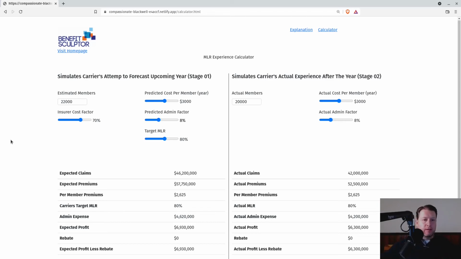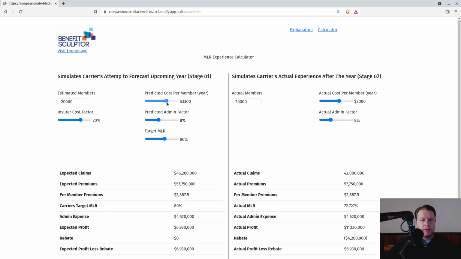But there's one thing that's not too obvious until we look at more details, and so what I want to do is restore our base scenario. And under this case right here, our base scenario, so a profit of $6.3 million, the per member premium is $2,625. Now, if I increase the predicted cost by 10%, let's fine tune it. Okay, we're back to our 6.9 in profit, but our per member premium is $2,800. So it went from